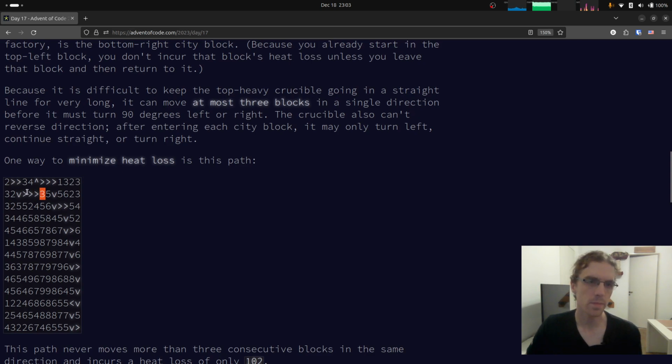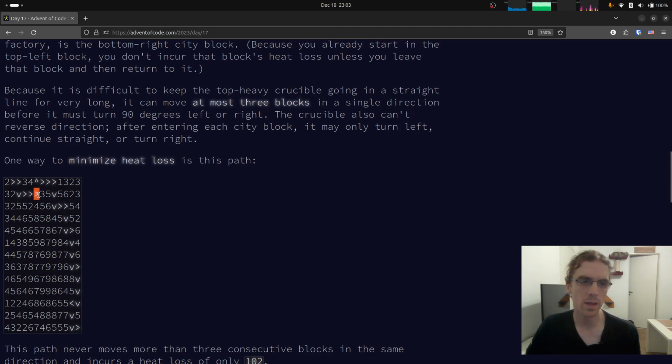And so for any given node, you have to know which direction you're coming from to know which are your successors. Your successors are basically your neighbors: the next things that the Dijkstra algorithm can visit. So, for example, here, the next ones could be this one and this one, because you can turn left or right, or you can keep going forwards, because you only went 2 times forwards.